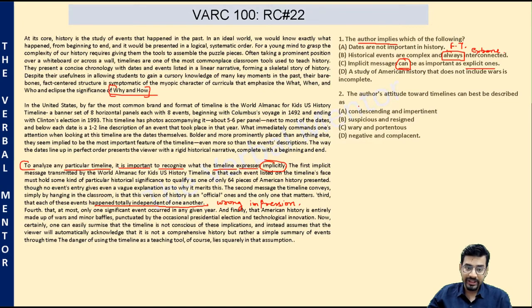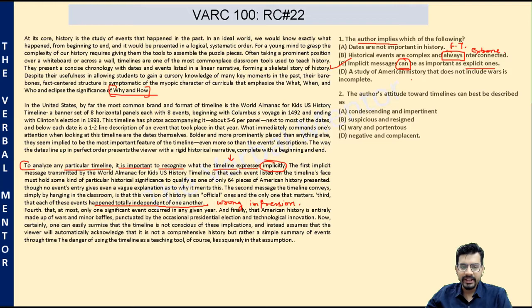Now, had this answer choice argued that implicit messages are as important as explicit ones, both of them are equally important, then we would not be able to infer that. Then it would be wrong, because we cannot really go to the extent of saying that both of them are equally important. Both of them can be equally important is something that we can infer from the discussion here. Okay. So the modality is fine. Option C should be the correct answer.